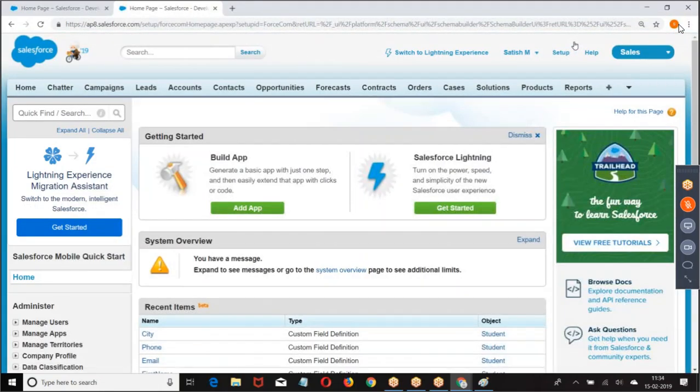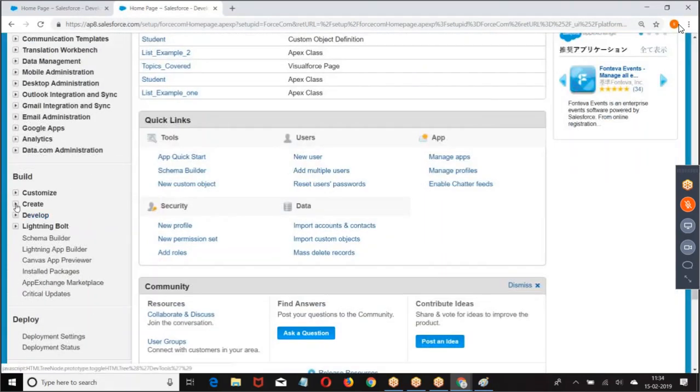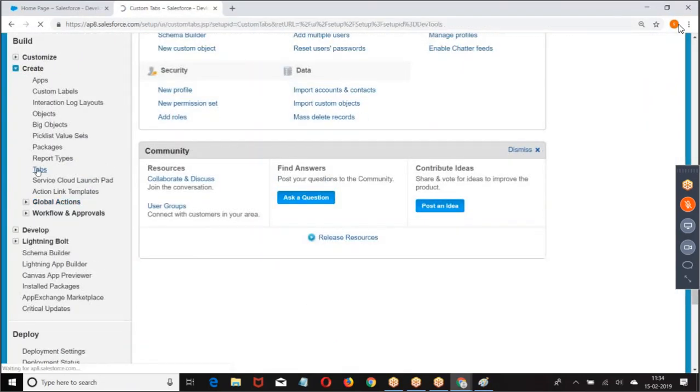Create a tab for it. Now create a tab for it. Setup. Create tab.